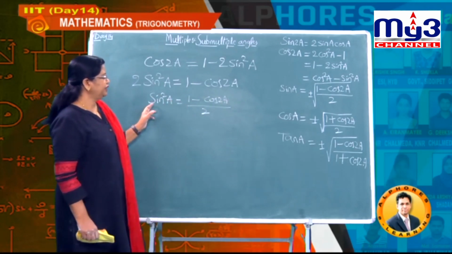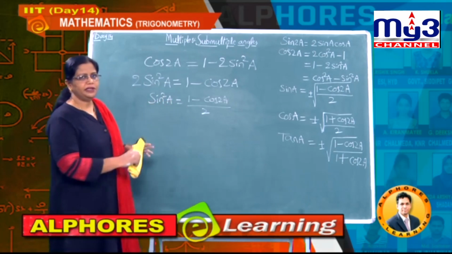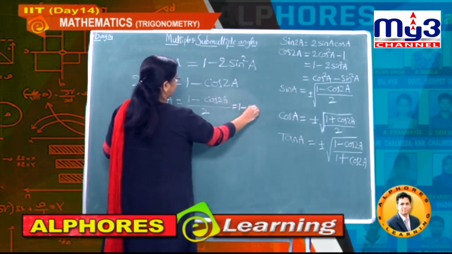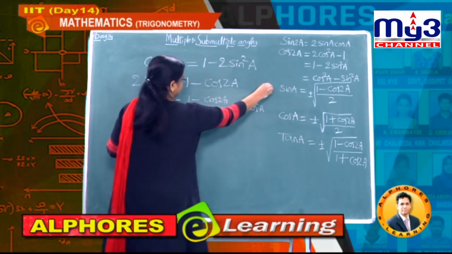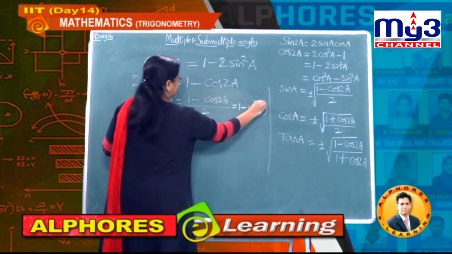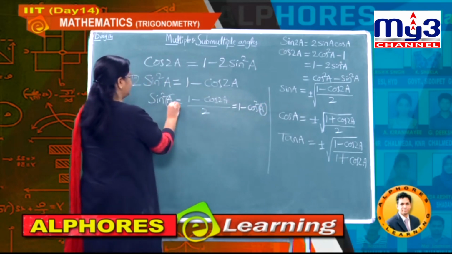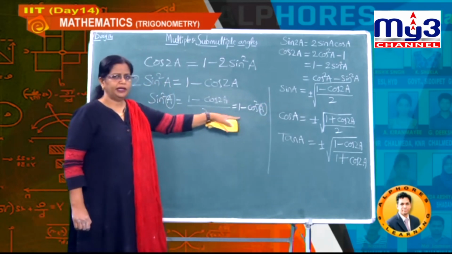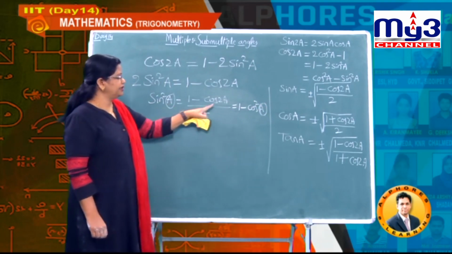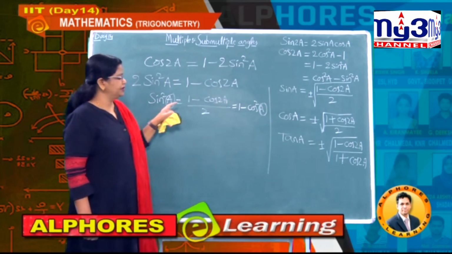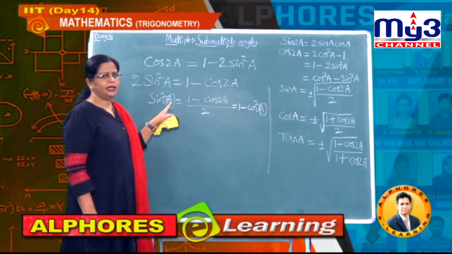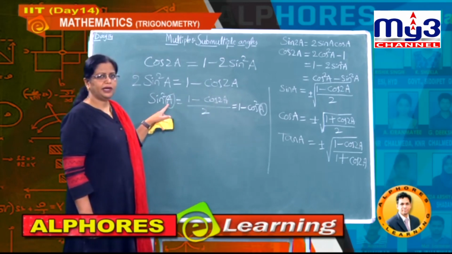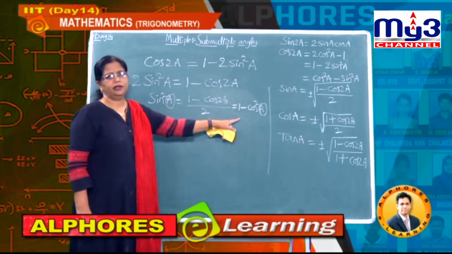And if you don't want any change in the angle, then comfortably you can use the formula, our old one, that is 1 minus cos square A. So this is your A angle, and here this is your A angle, no change at all in the angle, whereas here A means what you are getting? 2A. So whenever you want to change the angle, use this formula, and if you don't want any change in the angle, then better use this kind of formula.